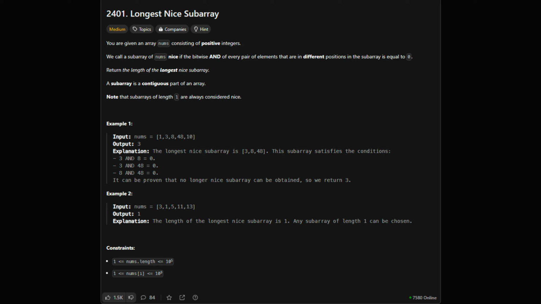Let's tackle LeetCode problem 2401, Longest Nice Subarray. The problem gives us an array called nums containing positive integers. The goal is to find the longest nice subarray. A subarray is considered nice if the bitwise AND of every pair of elements at different positions within that subarray is equal to 0. A subarray is a contiguous part of the original array, and any subarray of length 1 is